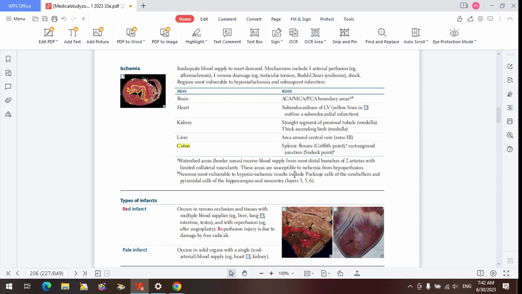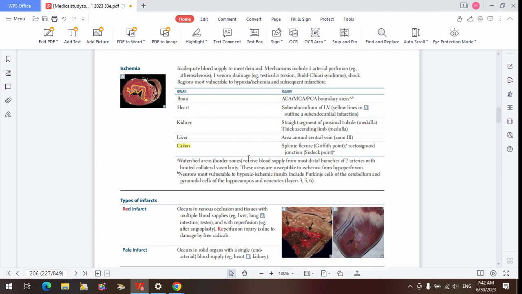So for the splenic flexure, left colic and which one? Left colic and middle colic. Middle colic is coming from the SMA. Left colic is coming from the IMA. Yeah. So there's no